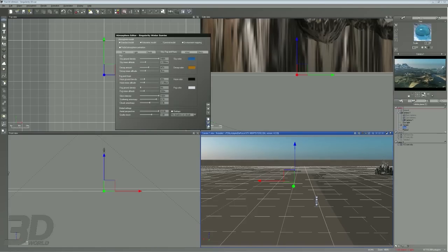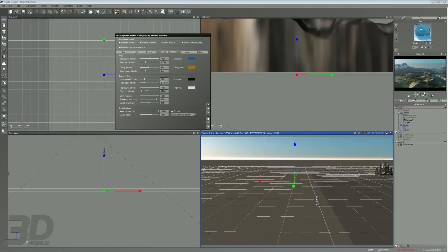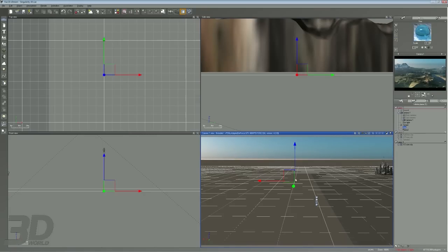Then it's good to save two different versions of your atmosphere, so you get your fog and you can just load it in. If I go back to 95 and 150, and then what I load in is just